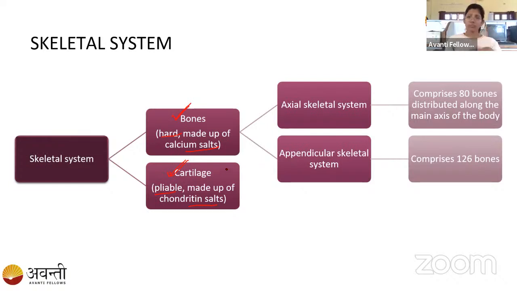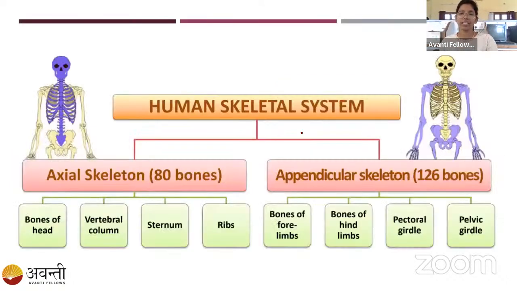Okay. In today's class, we are going to talk deeply about the bones. These bones are of two types: axial skeletal system and appendicular skeletal system. See here,